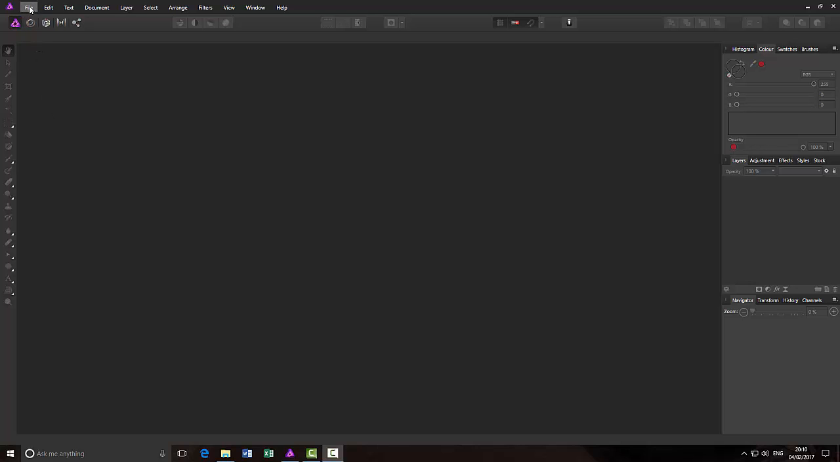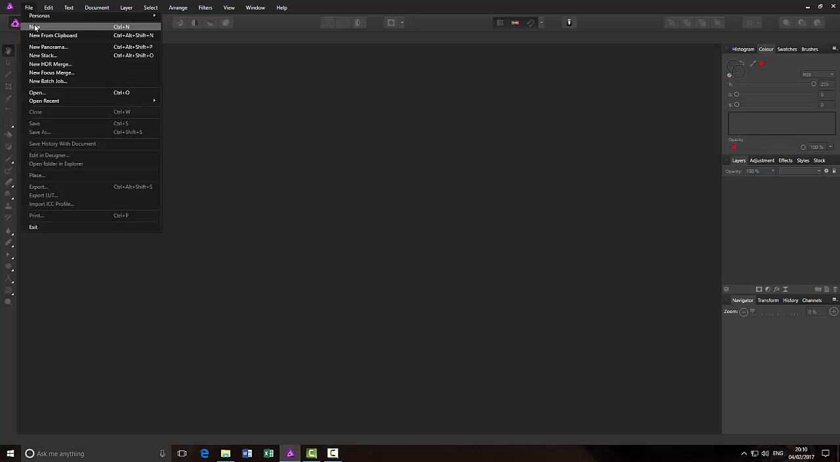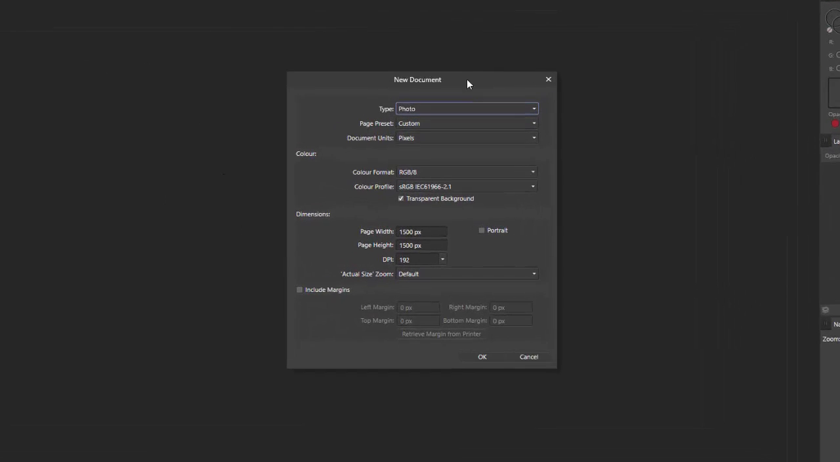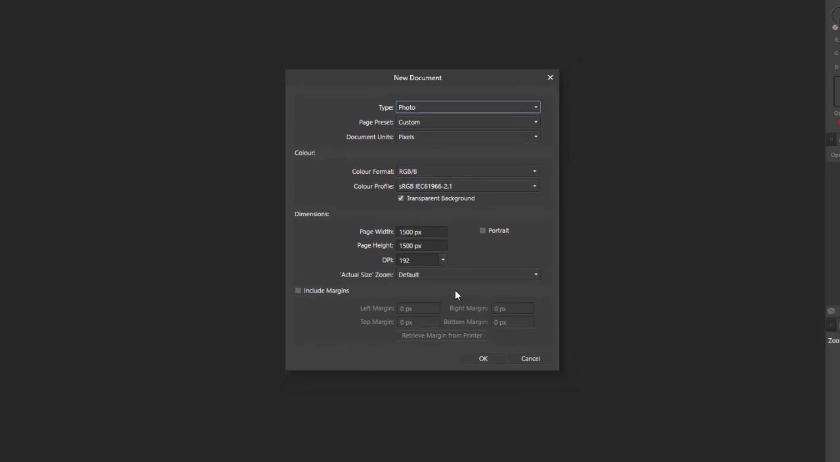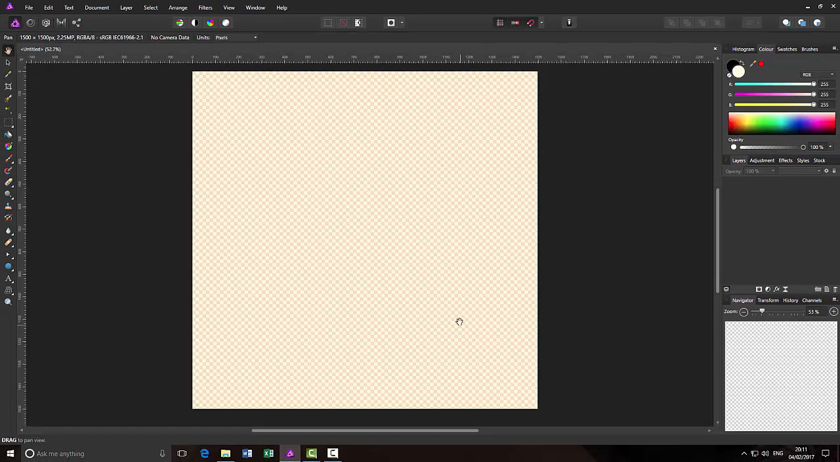So what we need to do is to make a new document. Now I'm going to set it up for photo, and the size is in pixels, and I have a tick in the transparent background, and I'm making the size 1500 pixels by 1500 pixels with a DPI of 192. So I'm just going to click OK,